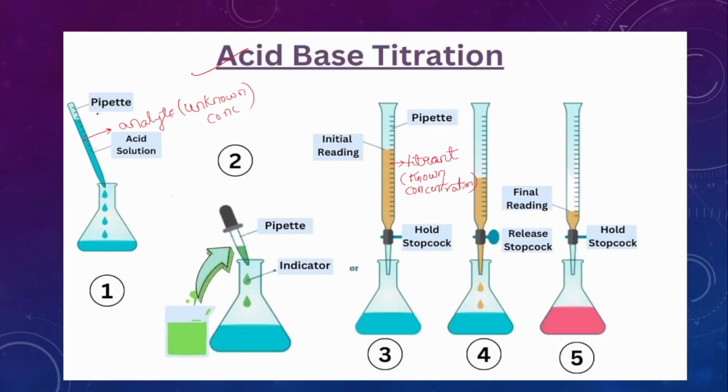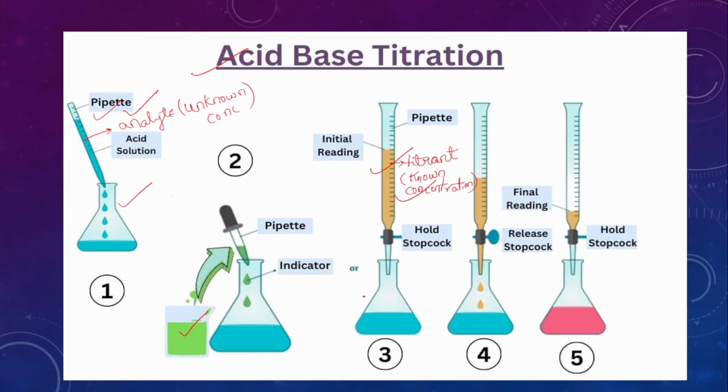Here the apparatus used are the pipette, Erlenmeyer flask, indicator, and burette. This is the analyte, the solution of unknown concentration of the acid or the base that is being titrated. And this is the burette, which contains the titrant, the solution of known concentration that is gradually added